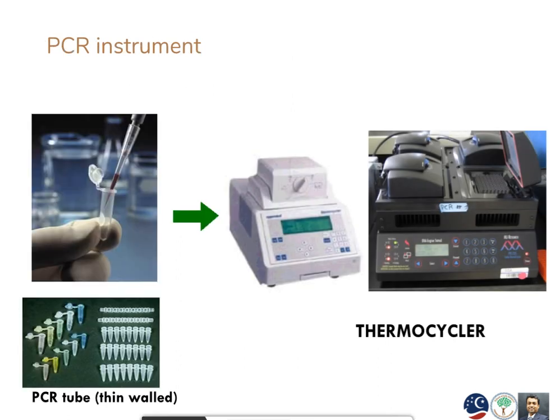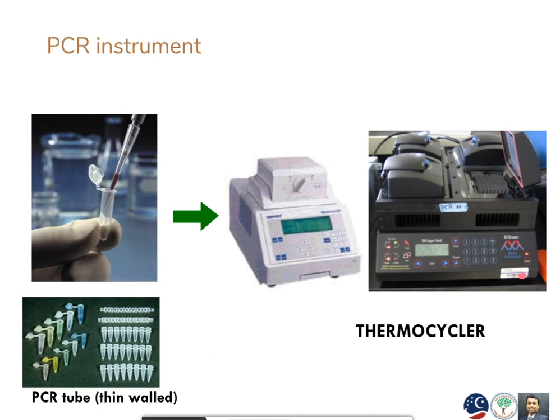Those are the chemical components, but now we also need some instruments. Like the first one here, we can see that this is a tip of an auto pipette. In PCR, we are going to handle very tiny amounts of reaction components, like a few microliters of DNA, a few microliters of the dNTP solutions, a few microliters of the primers and every other solution. So they are very tiny volumes to handle, for which we need these auto pipettes, which are also called micropipettes.